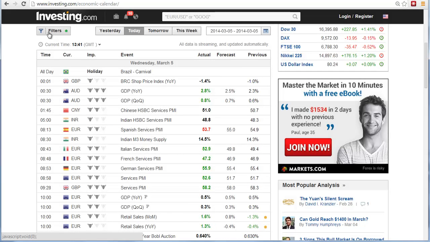For example, there is a news release at 2 p.m. on the United States dollar currency. That is marked with 3 bulls. Around 2 p.m. and 1 minute, the information will be automatically updated. If not, you would need to refresh the page. You can use F5. In the actual column, you will see a green number, which means that the news is positive for the United States dollar. This means that USD got stronger and will start to grow.